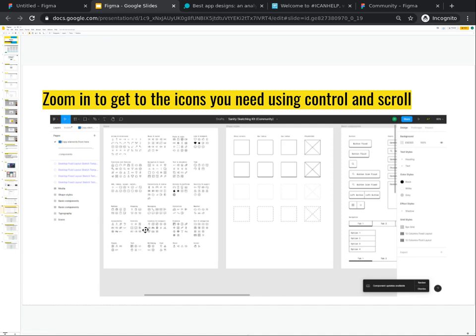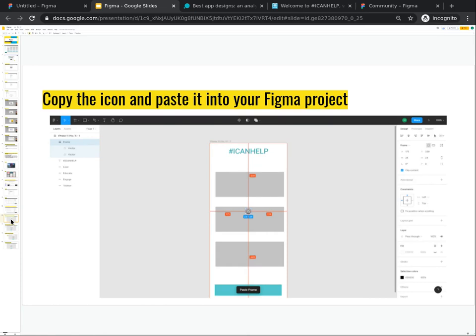Then click Duplicate. You should see in the new tab that there are layers, just like on your project. You can click on the layers to see what is available. Depending on what you selected, you can see all that you need to choose from, or you can use the zoom in and out option to see the components more closely. Then just click on the icon you need and hold Ctrl and press C on your keyboard, or use your mouse to right-click and copy. Then go to your Project tab and press Ctrl-V or right-click and paste.